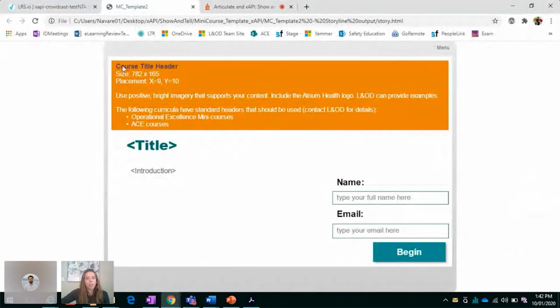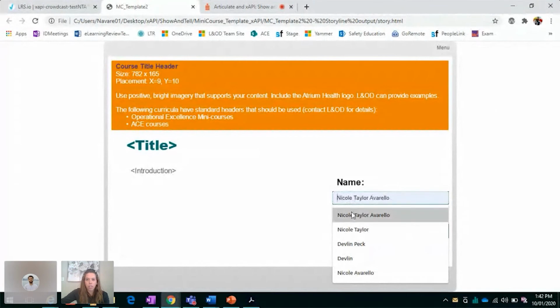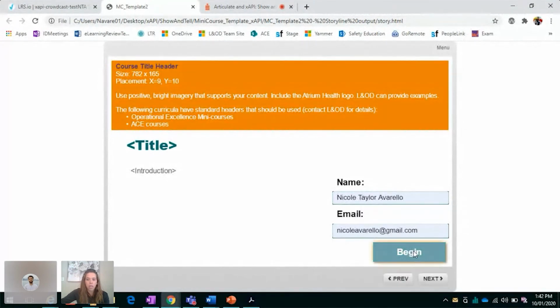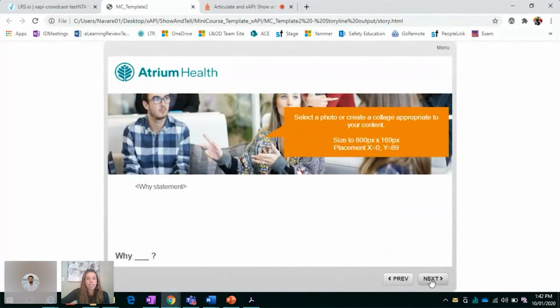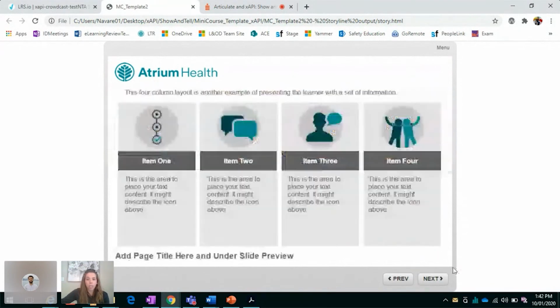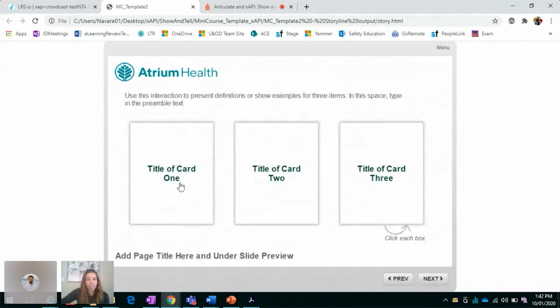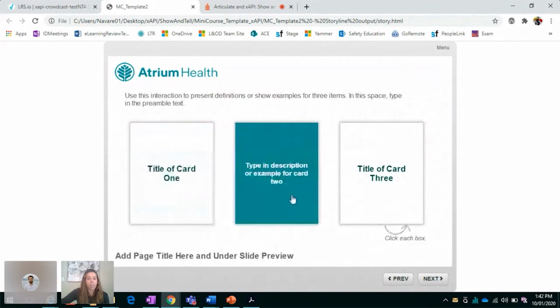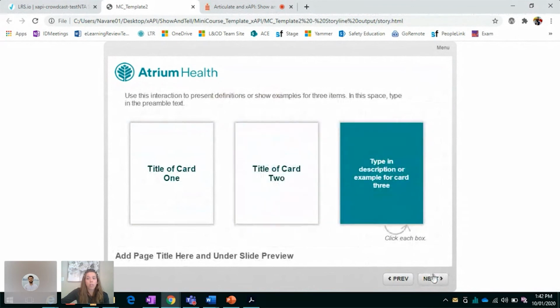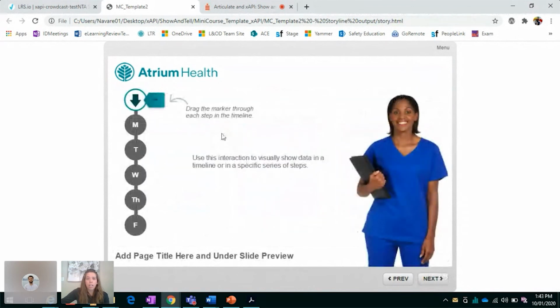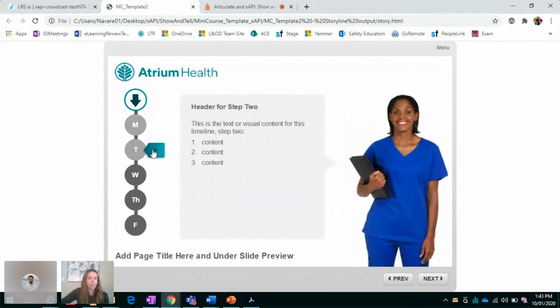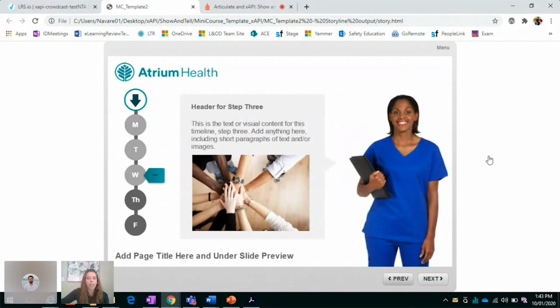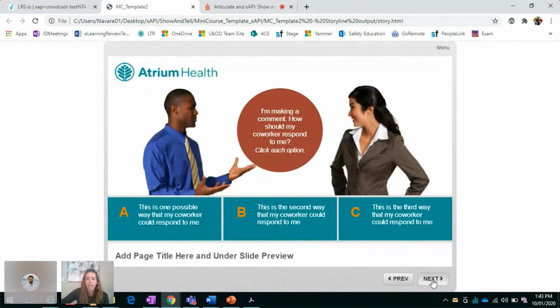Okay, so this is the template. I'm just going to go through it quickly so you can see. I have xAPI statements on every single slide. I'm capturing time spent in the course as well as time spent on each slide. On slides with interactions like this one, I'm capturing different data, like whether they're viewing each card. I want to know if they're viewing the content. On this one, I could capture whether they're viewing everything in the timeline. Right now I just have it basic, if they're viewing the slide.